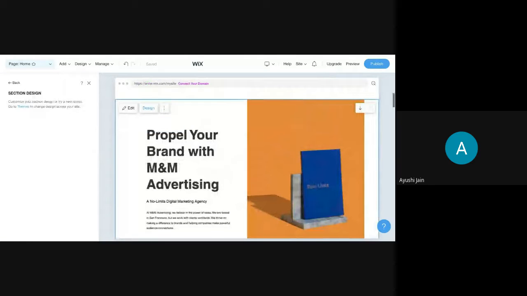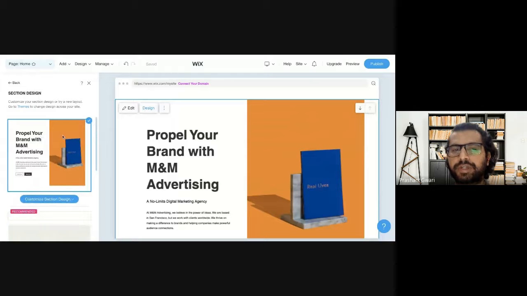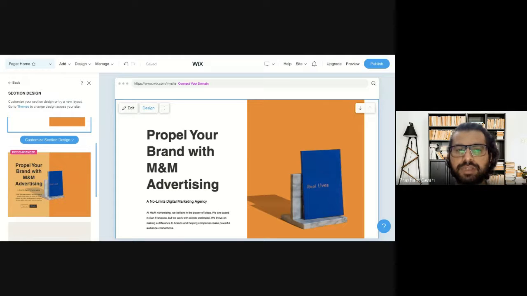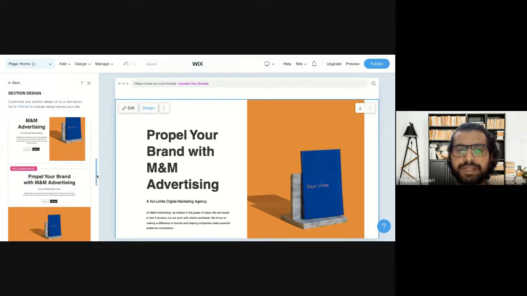Pick a right design for your introduction part. From this section, there will be a few themes of sections for introduction, and you can pick any theme from here. This is the one theme we are using. Then there are other themes too. You can change the theme from here, and you pick any theme you find more interesting.